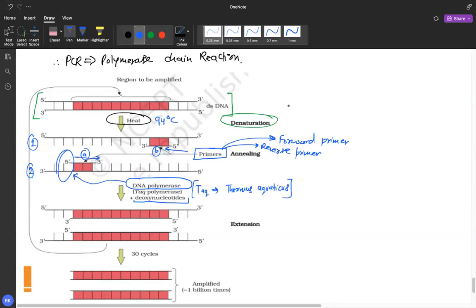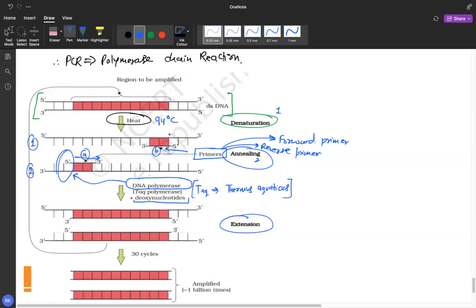So this is the first step. This is the second step, called annealing. Annealing means pasting. So you are pasting your primers on the template DNA and you are extending it. For annealing, you have to lower the temperature. And for extension, you will come down around 60 degrees or even